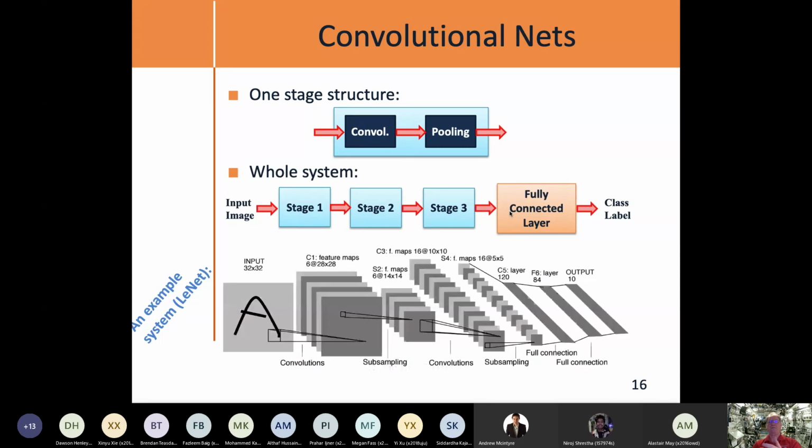So the whole system is composed of layers of stages: convolution pooling, convolution pooling, convolution pooling. That's what we're seeing here. This is a convolution followed by a pooling layer. And then this feeds another convolution followed by another pooling layer. And you could have a third one of these.